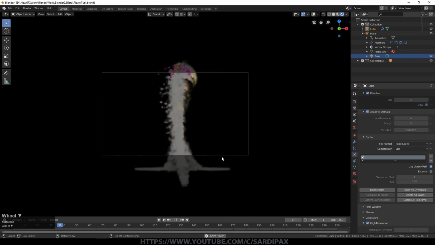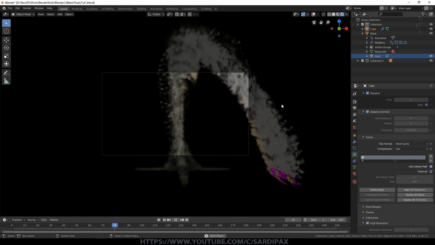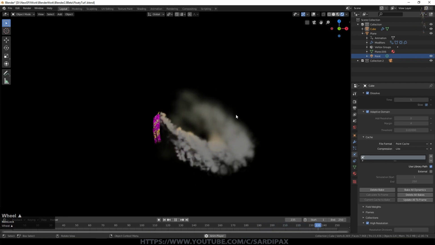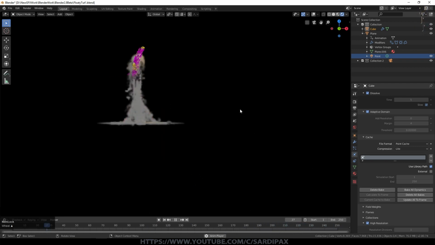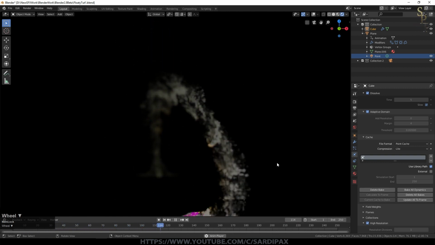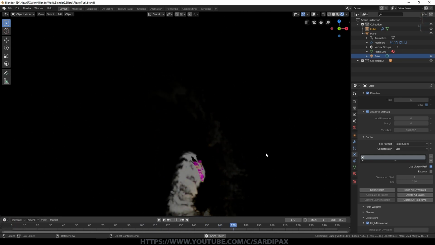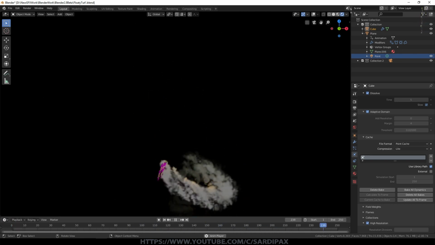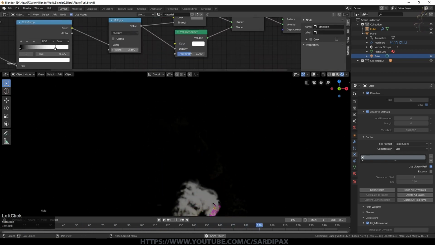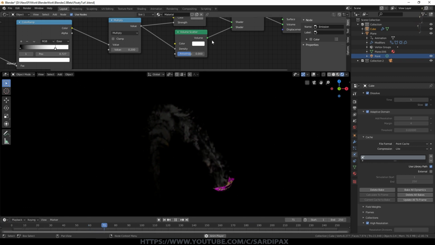And I just animated the camera moving around and following it and so on. And you can see how the smoke's fading away over time. I had my smoke quite a bit more subtle than this, obviously. So we can turn this multiplier down here. Just to give a more subtle effect.